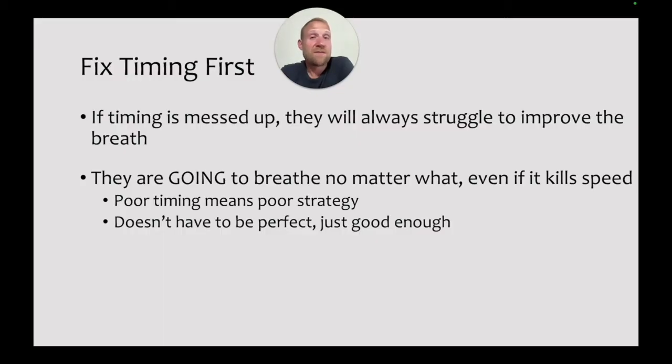And since timing is a video in and of itself, I've already made one. And if you click on the tab that pops up over there, you should be able to check that out. Now, their timing doesn't have to be perfect. It just has to be good enough so that it's not obstructing the breath. So if they have timing issues, work on that, try to get that better, and then go about trying to